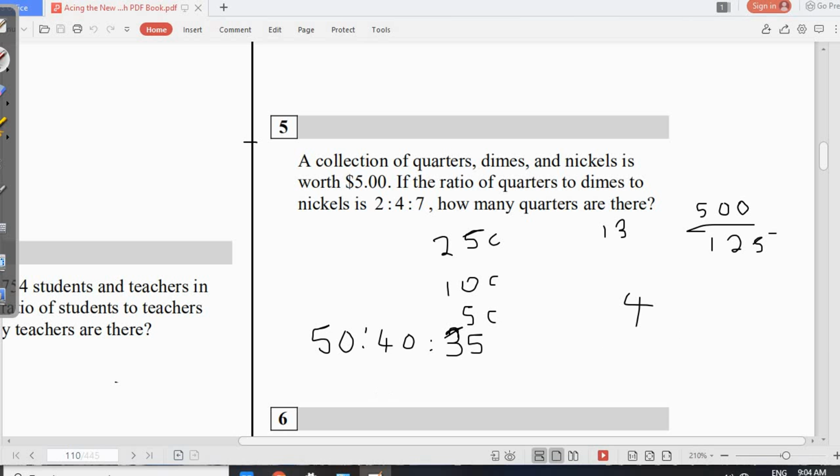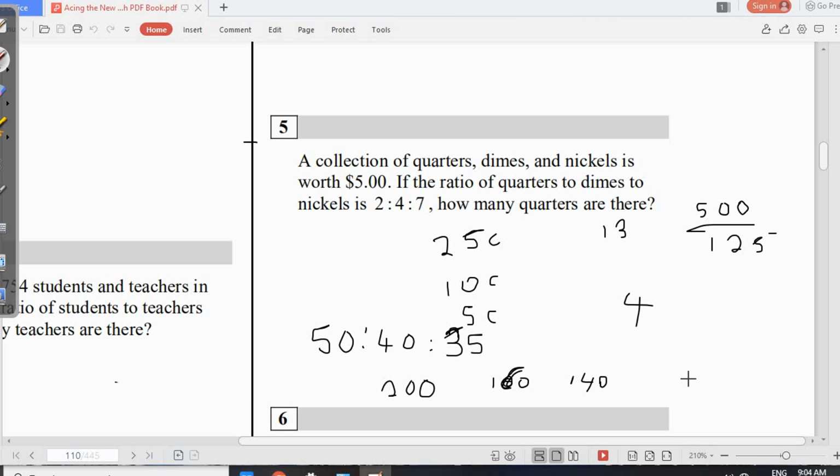Multiply the 50 by 4. You have 200. Okay. And multiply this 4 by 40. You have 160. Divide this 35 by 4. You have... multiply this 35 by 4. You are going to have 140. So you see, if you add all of them together, 200 plus 160 plus 140, you're going to get